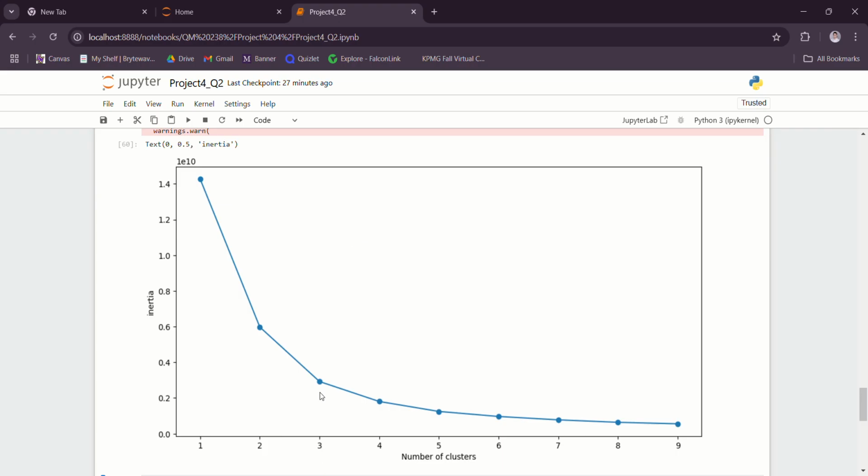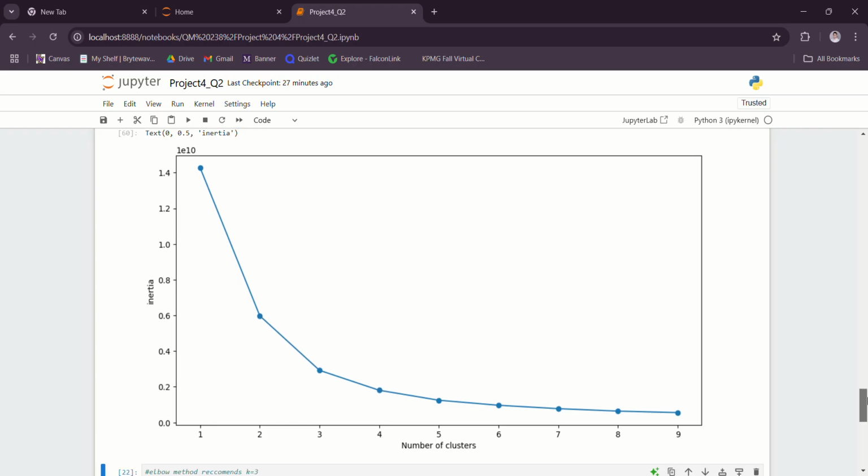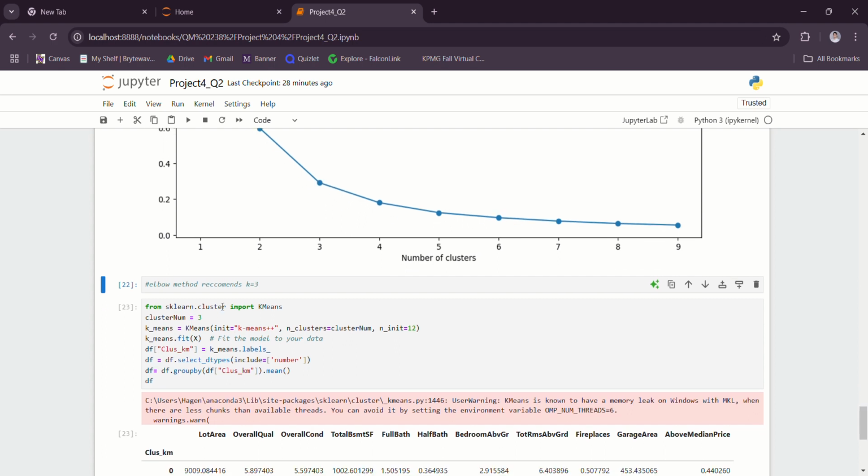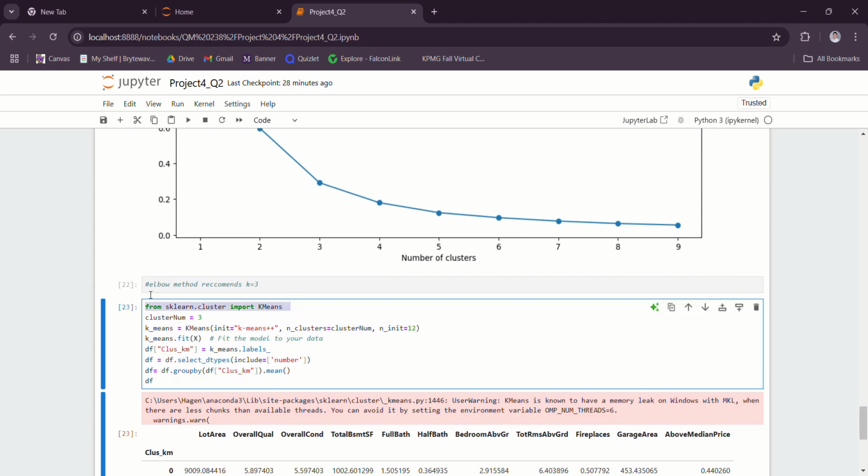And 3 is the estimated K value, because that is my elbow right here, which connects the upper arm of the graph and the lower arm of the graph. So like I said, the elbow method recommends K equals 3 to use as my cluster number. So the next thing I did was start clustering. I set the cluster number at 3,